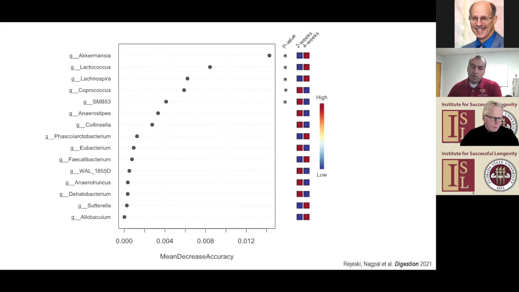It has been reported in many studies to be associated with healthy gut health. And it is a mucin degrading bacterium in our gut. So a higher amount of this bacterium has been associated with improved gut health and improved leakiness in the gut. And we found that Mediterranean diet increased the intestinal population of Akkermansia. In addition, it also improves the population of Lactococcus and Lachnospira in the gut of these people.